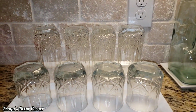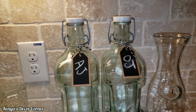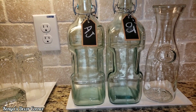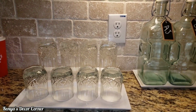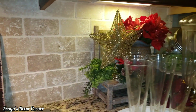So I have some glasses out here for the children and for adults to enjoy orange juice, apple juice, and milk. So I will fill the one that's not labeled with milk so that everyone can see that's what that is on the morning of. So this is the juice bar, and we will pan around here on the other side of the stove to